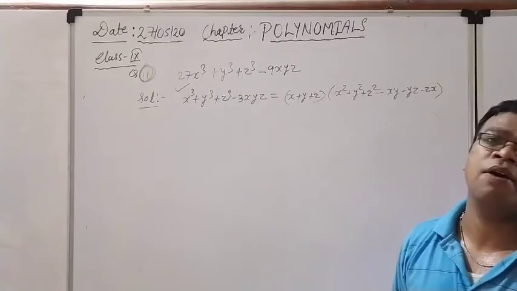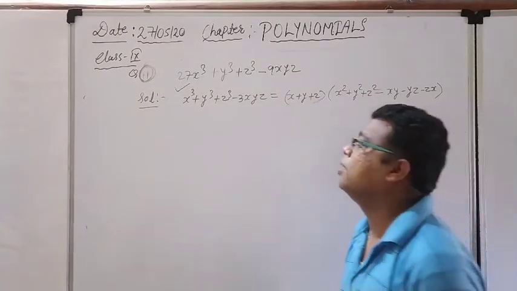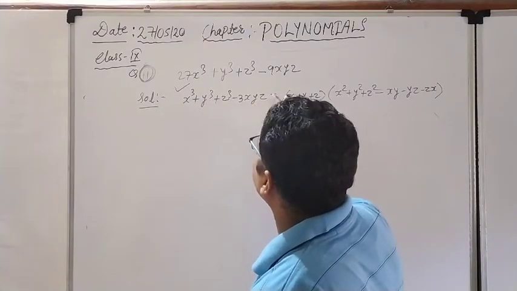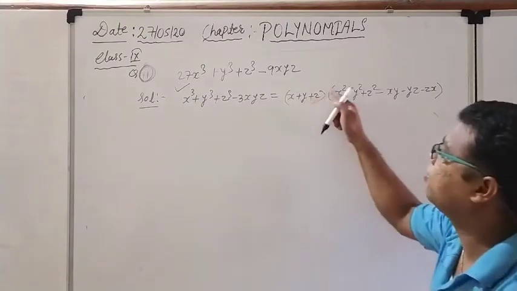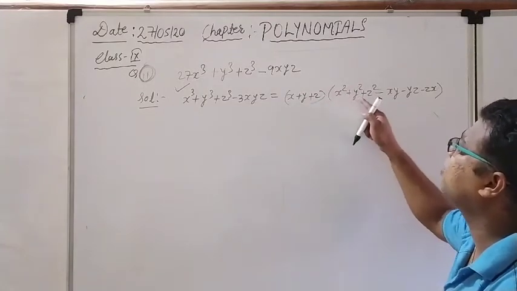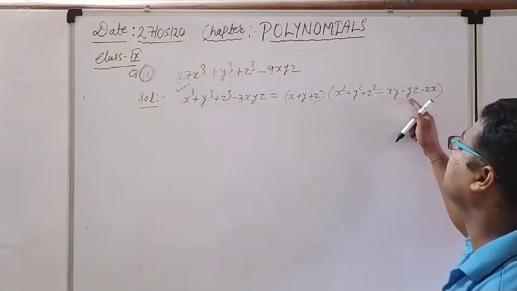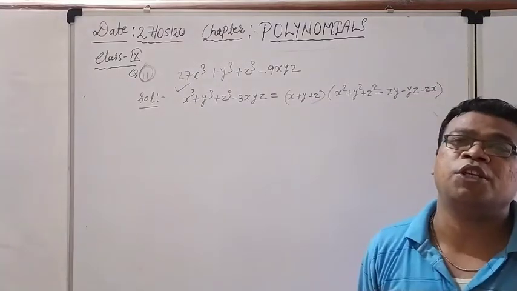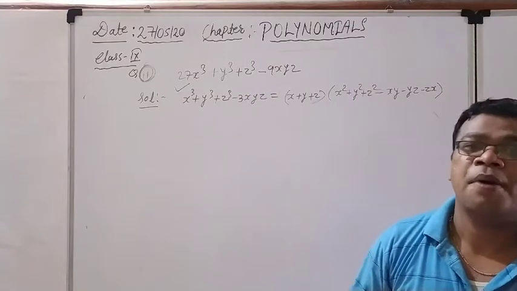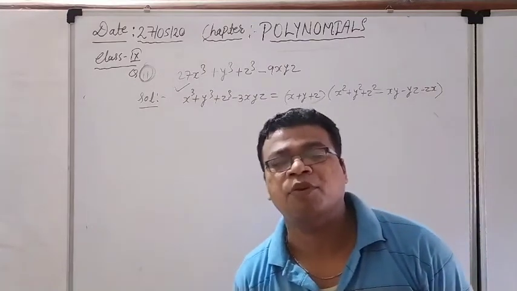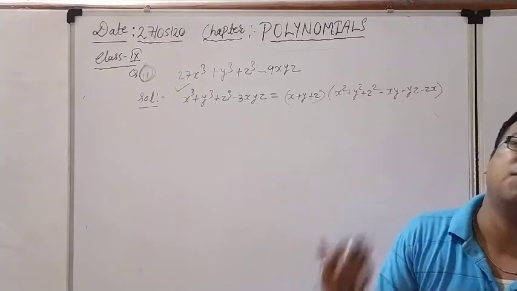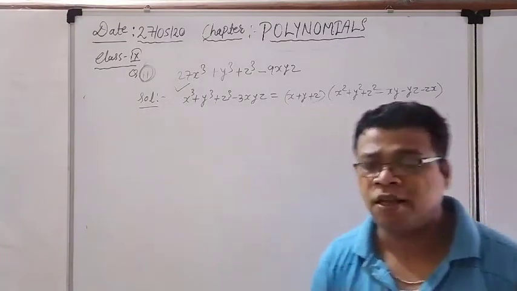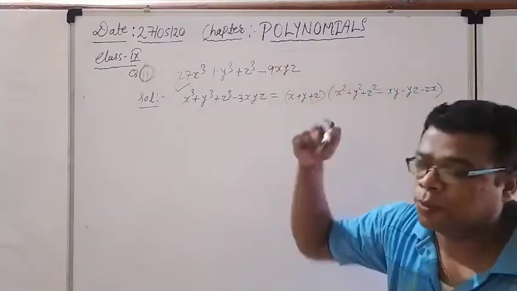So again, one more last identity we have to remember. This is the identity: x cube plus y cube plus z cube minus 3xyz is equal to x plus y plus z inside one bracket, inside the other bracket x square plus y square plus z square minus xy minus yz minus zx. Looking at it for the first time, it is going to be a very typical and lengthy formula for you. But after using it once or twice, it is going to be much easier. Slowly things will become digestible, no problem. Right now, see how to solve such a question.